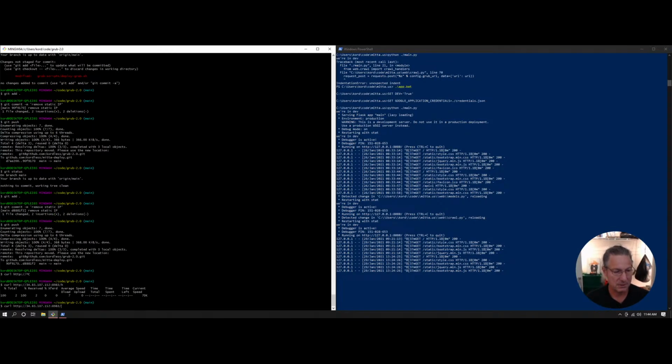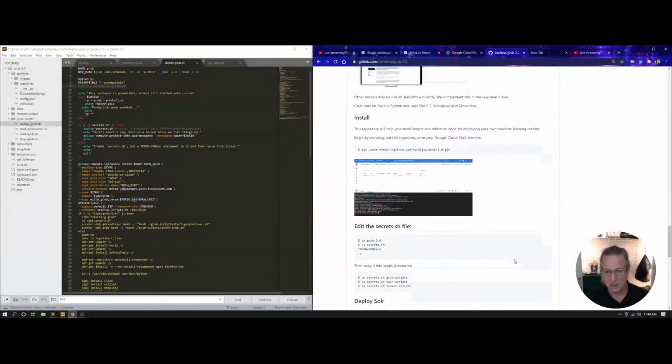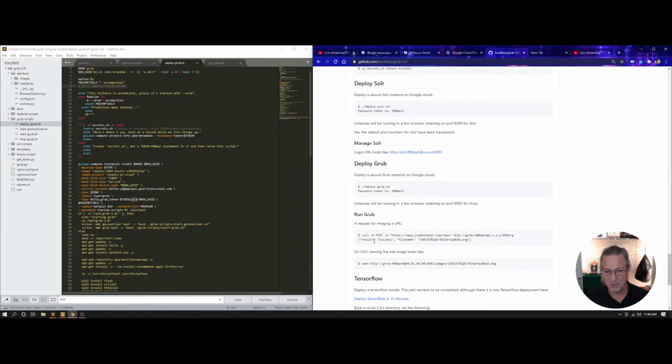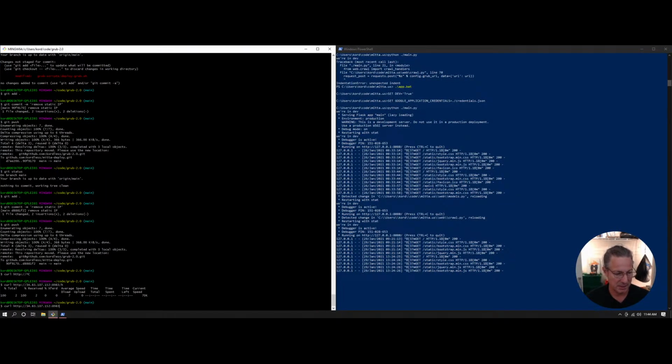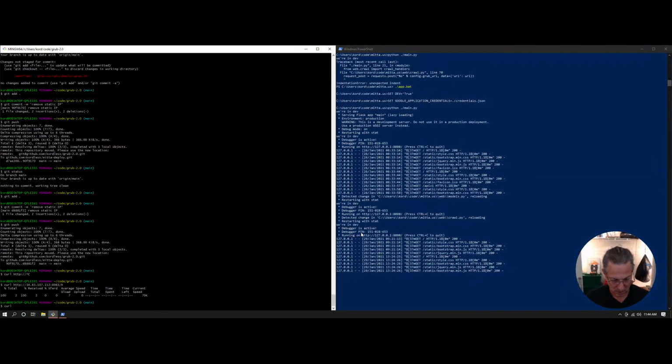Okay, so here's how it works. If we go back to the Grub page, we go down here and we say something like this right here. We're going to tell it, by making a call to the API that's running on the Grub box, we're going to call it and tell it to, well, wait a minute, let me think about this. That's the wrong IP address. And we want this part right here. Okay, so that's shift insert. Yes. Okay, and then we've got